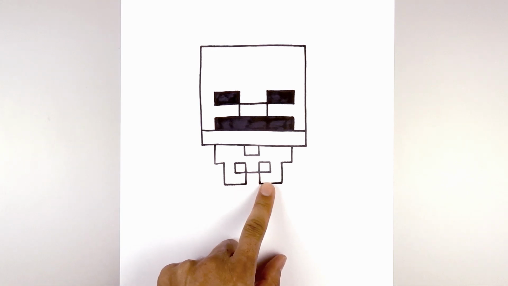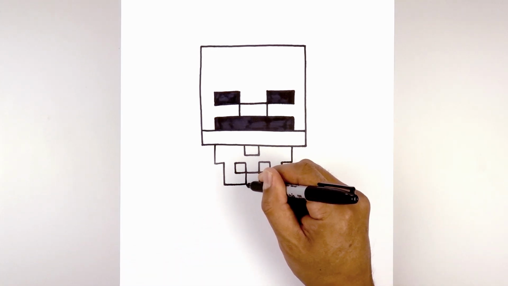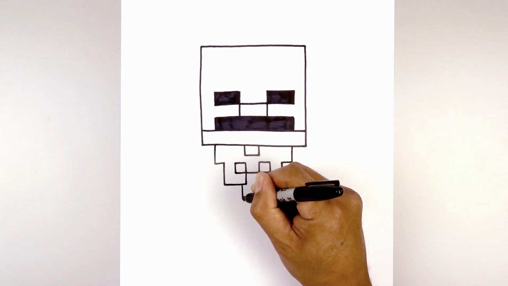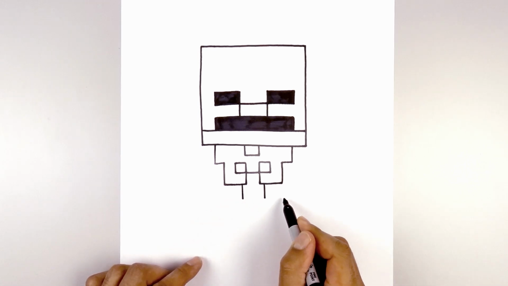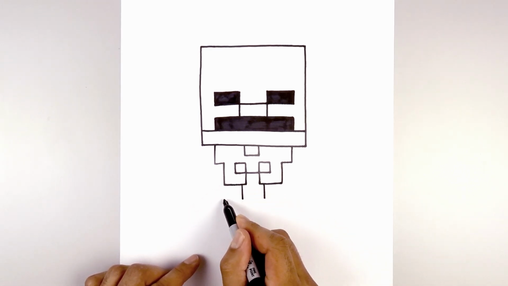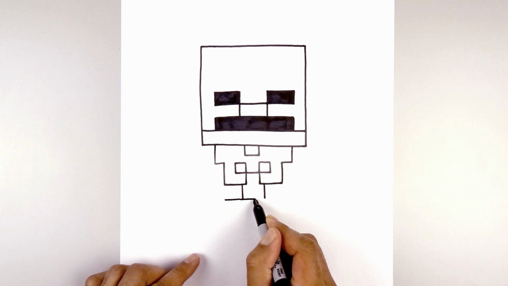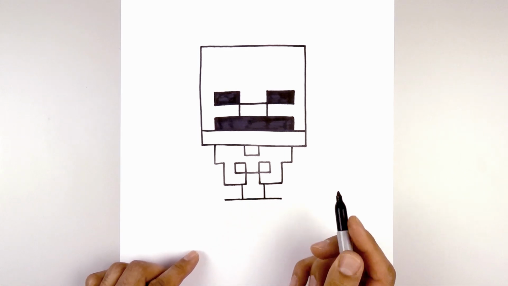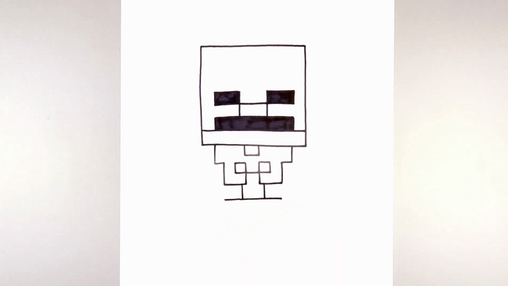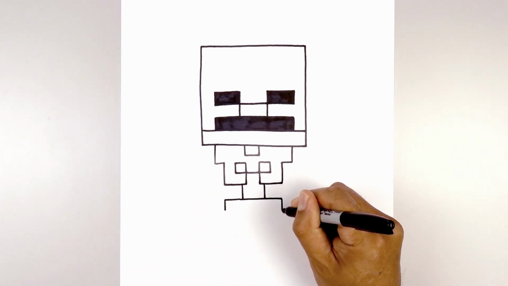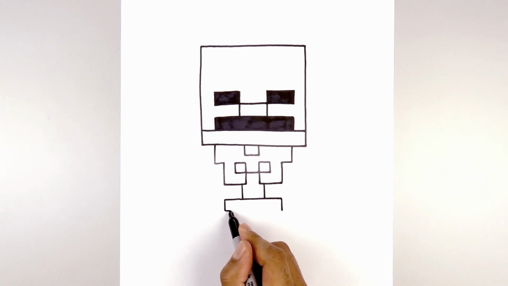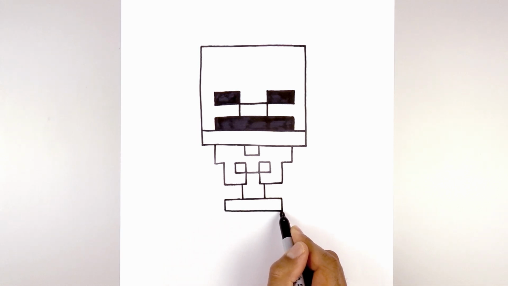Now we're going to tuck the spine in behind the rib cage. From the inside corner, I want to step out, draw a short line coming down towards the left and right. Now let's draw a straight line going across. We want to line up with this line on the top, go all the way across from left to right. And then we're going to come down the side of the hips with a short line. And then again, we're going to close off the bottom from left to right.